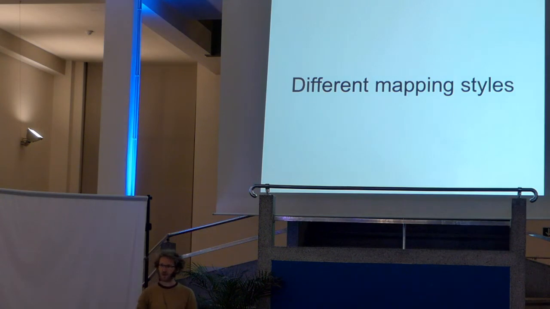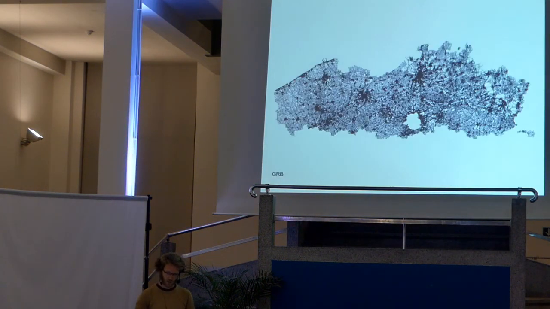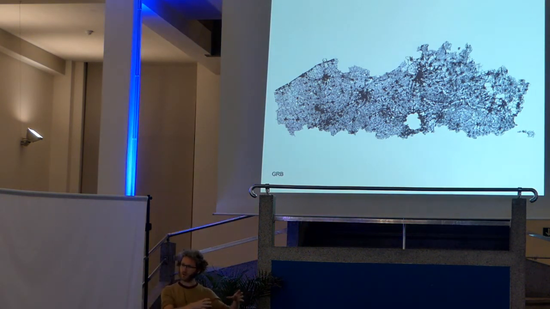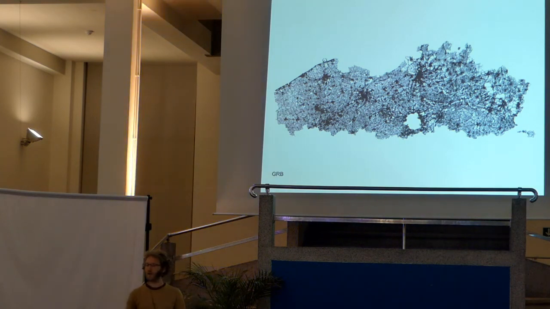Our mapping is kind of different from the usual mapping style. For example, at the government, they start with a problem. They say, we want to know where our roads are. So they start with a definition, this is a road, and we're going to build a system that can contain these roads, and we're going to collect them all. And they do it, and they mostly do it properly. But as you can see, there's this big hole in the middle, because, yeah, we're Flanders, we don't care about Brussels.